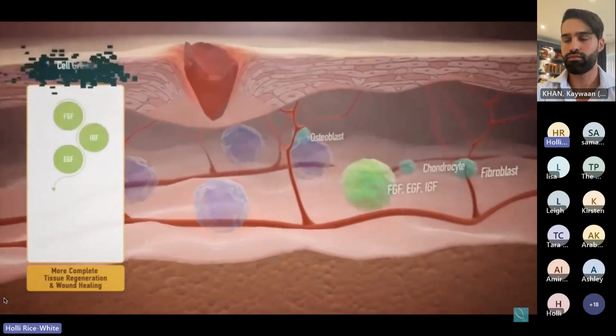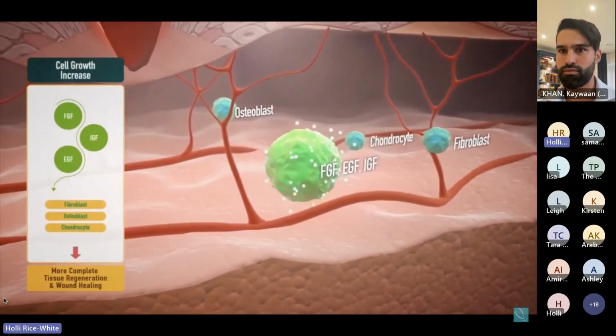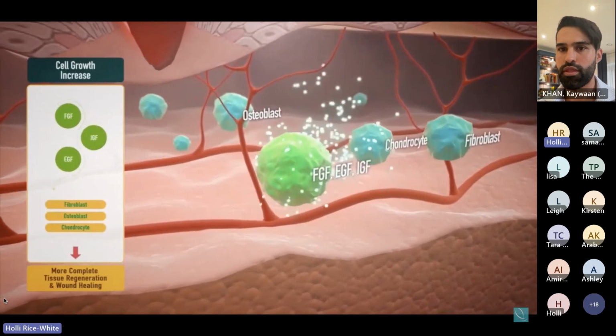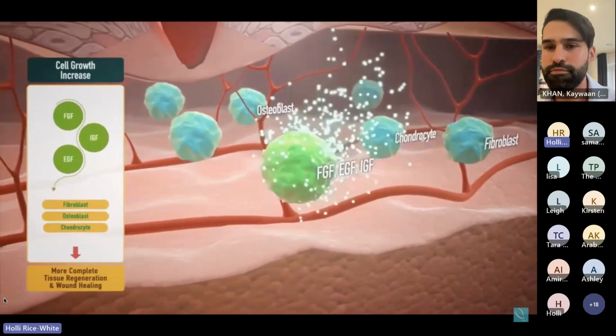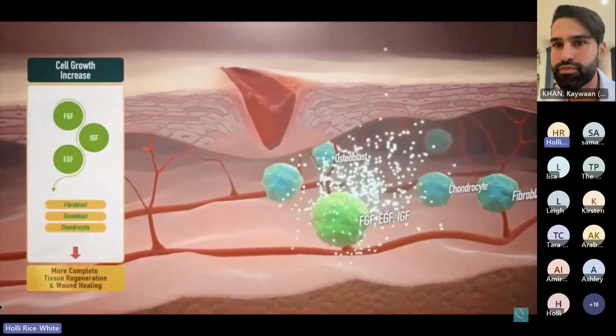Second, stimulating fibroblast, chondrocyte, and osteoblast by promoting the secretion of various cell growth factors, such as FGF, EGF, and IGF, which not only promote cell proliferation, but also